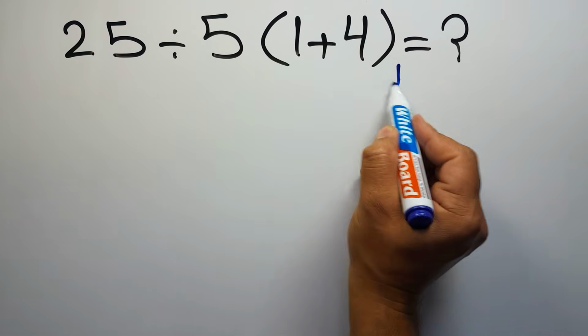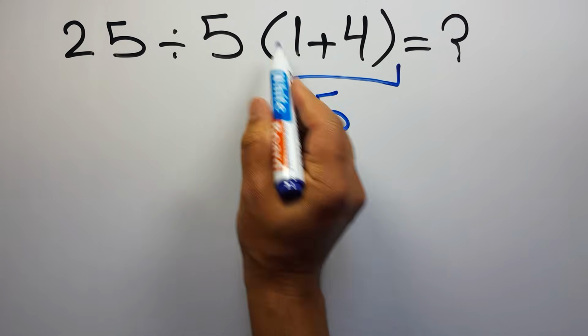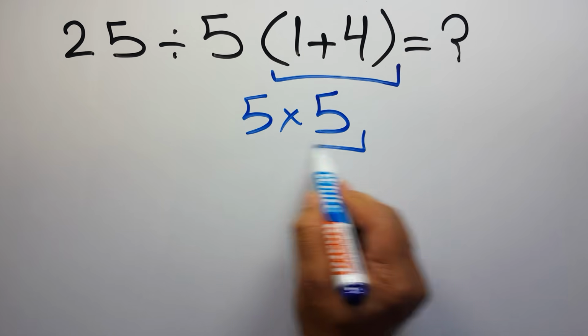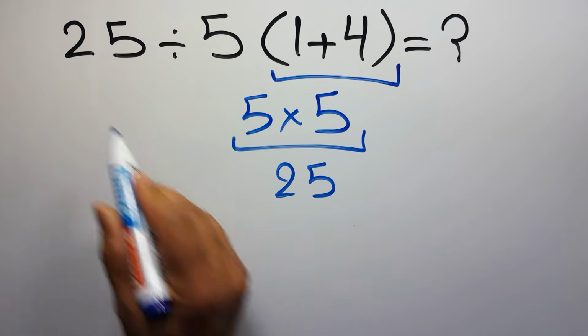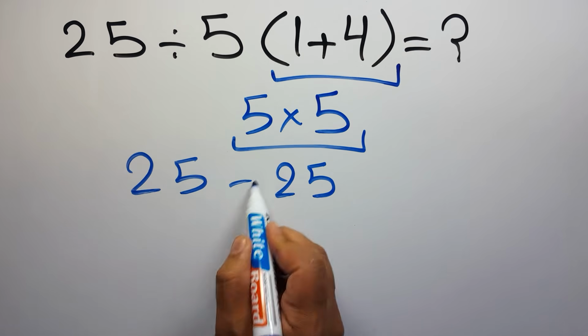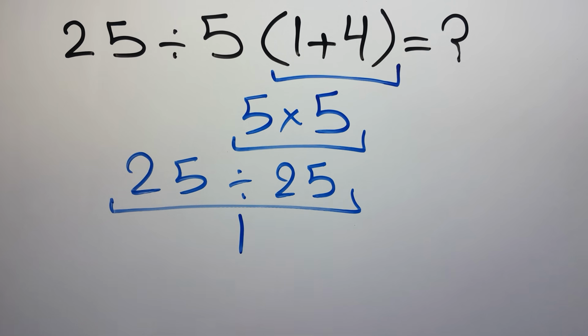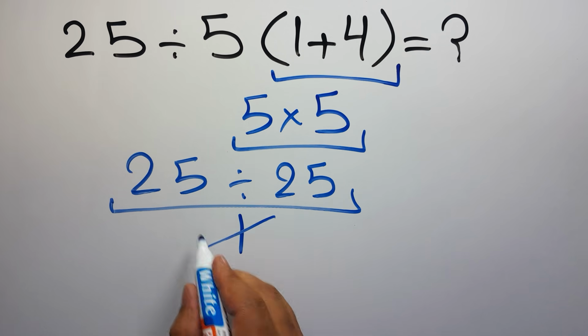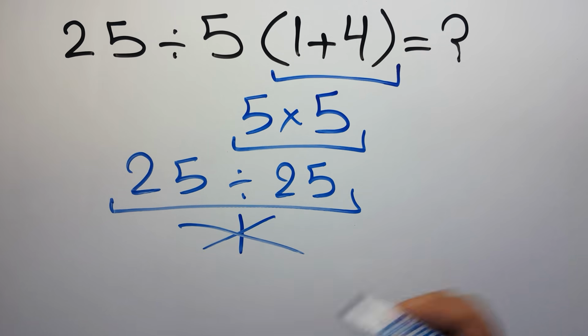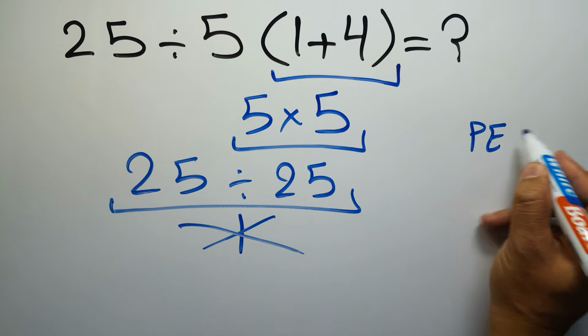1 plus 4 gives us 5, and the 5 times 5 equals 25. So 25 divided by 25 is just 1. But this answer is not correct because according to the rule of operations, which is PEMDAS,